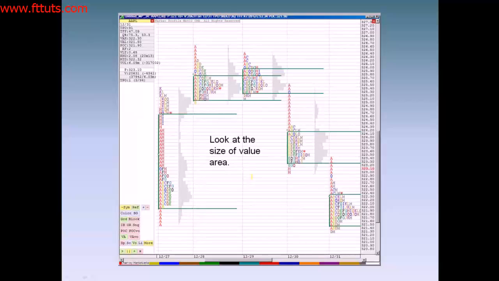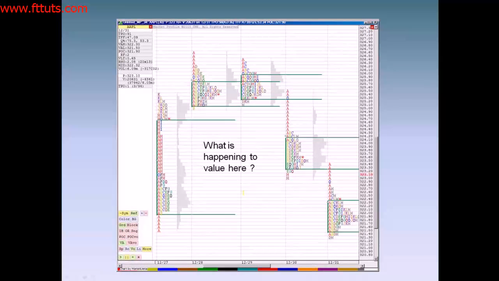Now here, look at the size of these different value areas. We're going to spend a lot of time together talking about value areas and interpreting what these mean and what is happening to value here. It really should not be difficult for you to see value is dropping on this chart. All right,